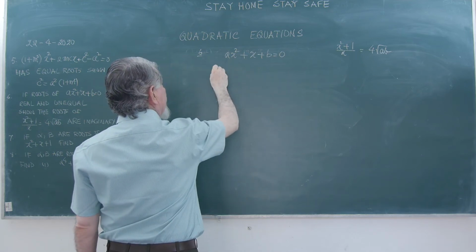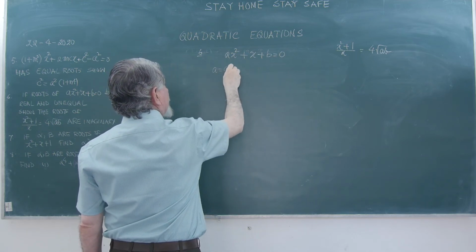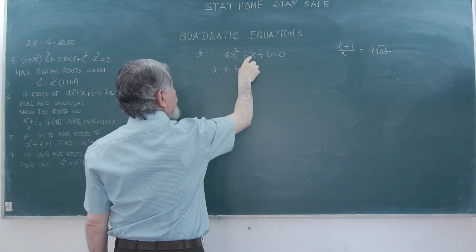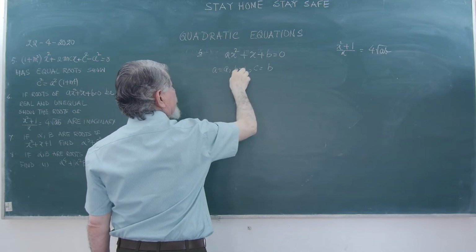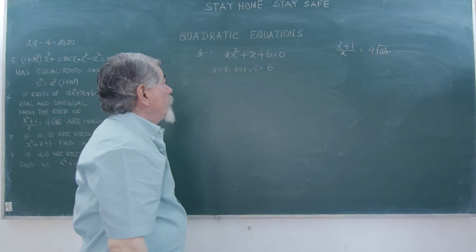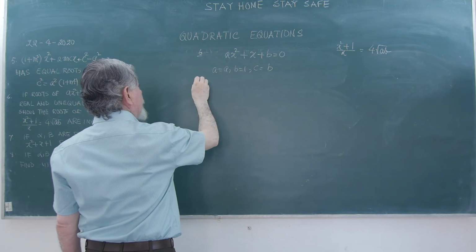What is the value of a here? A only. What is the value of b? 1. The coefficient of x is 1. And what is c? B. Don't confuse this b with this b. Now we are going to find the condition for the roots to be